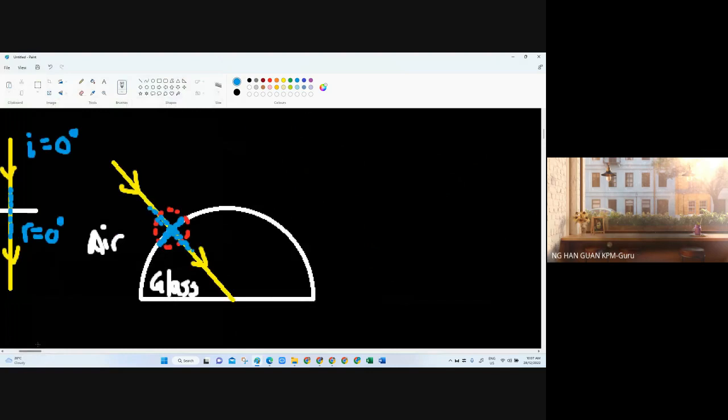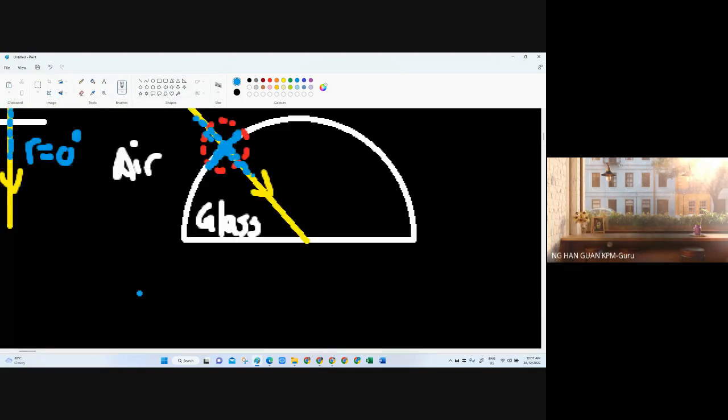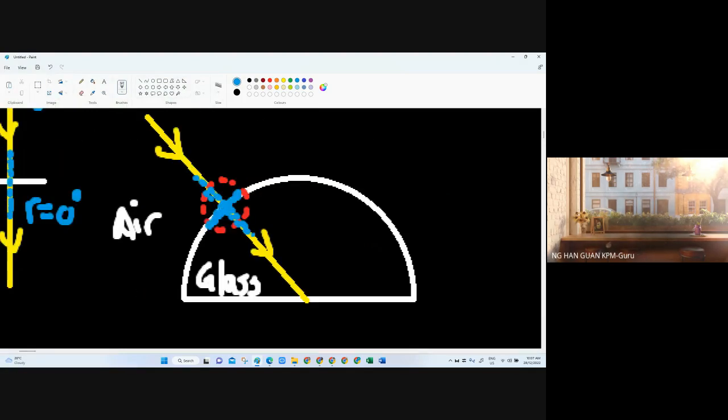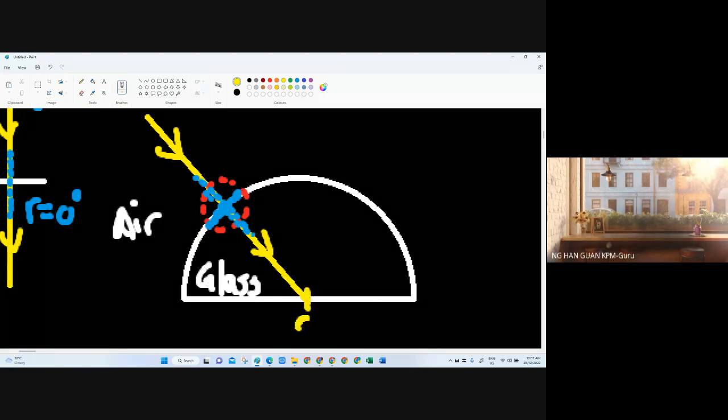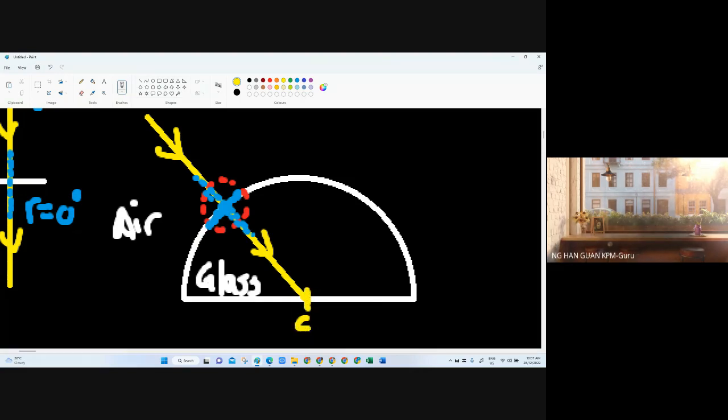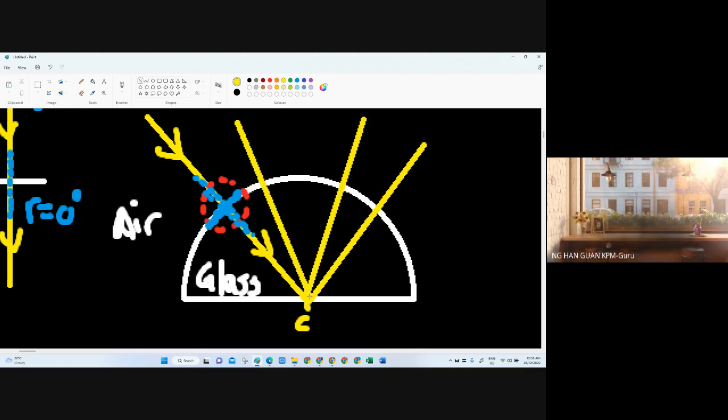It happens on the semicircular glass here. As long as you lead the light ray towards the center of the semicircular glass, no matter where the light is from, either traveling from here toward the center, from here toward the center, from here toward the center, from here toward the center,